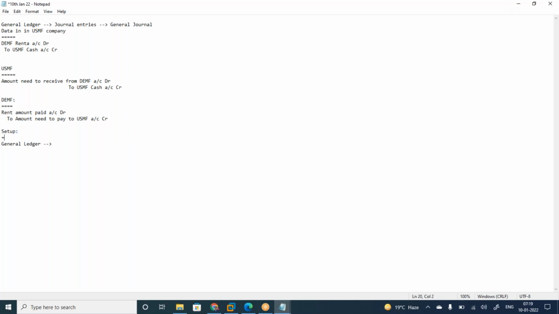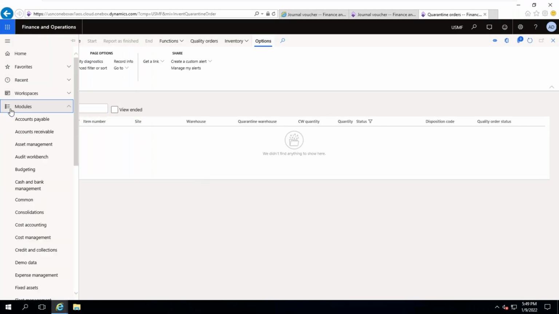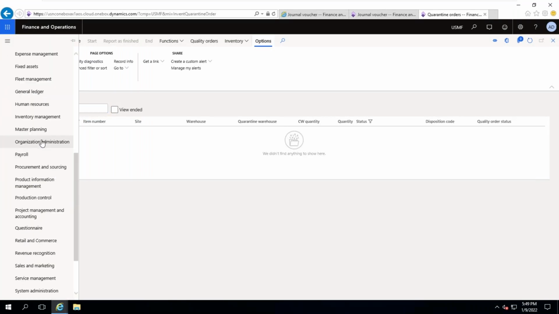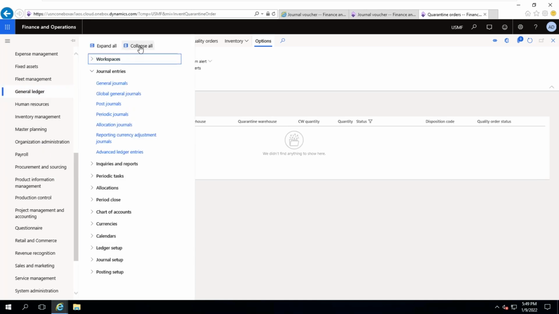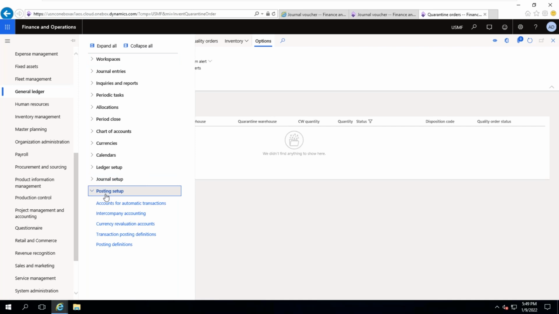It is the small setup we need to have if you want to do these things. It is in general ledger, collapse all. Give me a second. Posting setup, intercompany accounting.